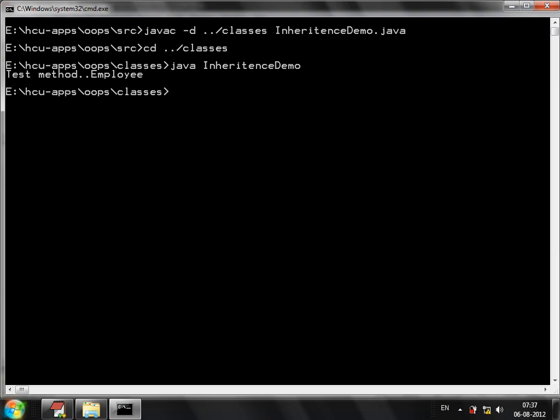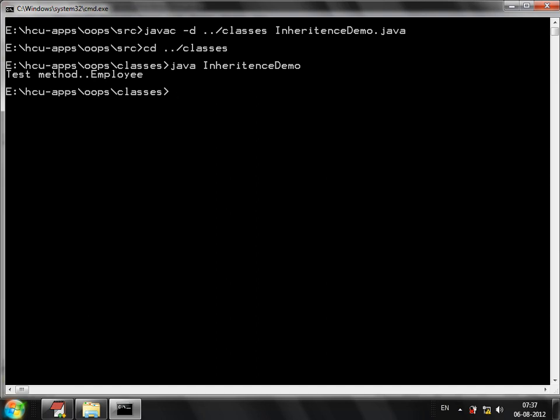Now, the compiler will check. Some method will be inherited in the superclass, and some other method is there in the subclass. Now, the compiler will check: is the method name same? Yes. Now, is the list of arguments same? Yes. Okay. If the method name is same and the list of arguments is same,